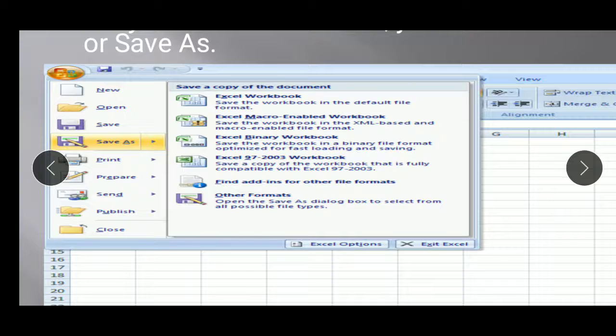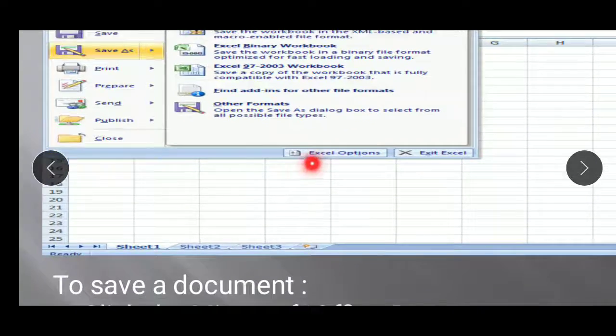If not, if you want to save that same file with another name and in another location, you can go for the save as option. Save as allows you to save that same file with other changes into another location. Save as has the same format, but the criteria specified for save and save as is different.